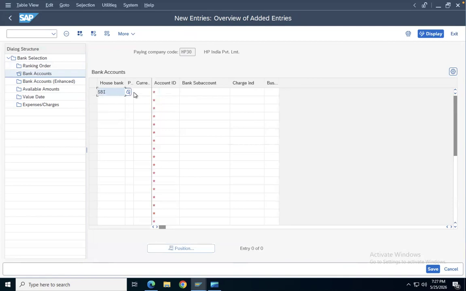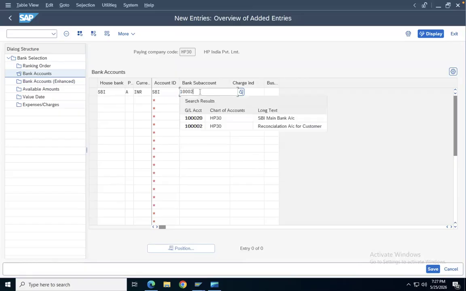and then payment method A, this is payment method only, right? Payment method A. Okay, and then currency INR, account ID was SBI. Okay, sub account we have to give our GL account. So what was that, 20, right? 20 was there, no? SBI main bank account. Okay, and then we save it,